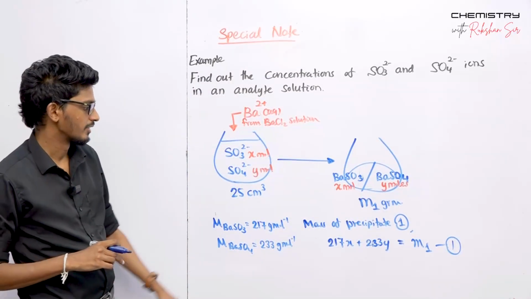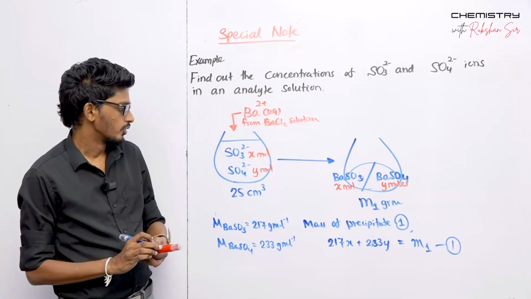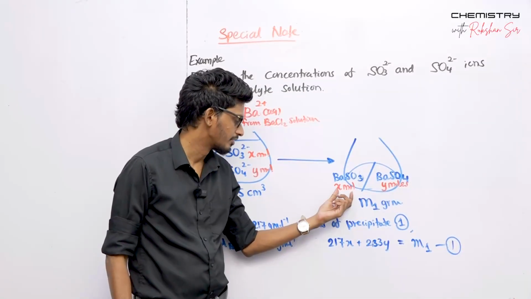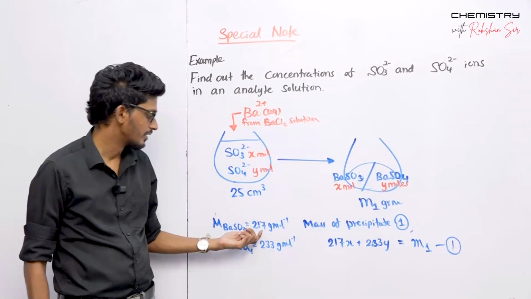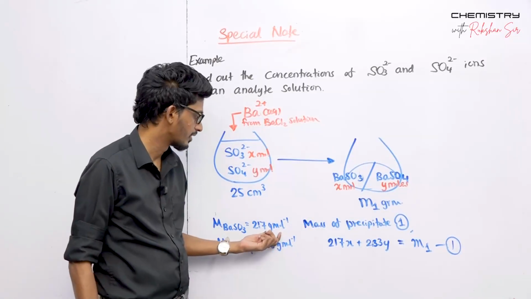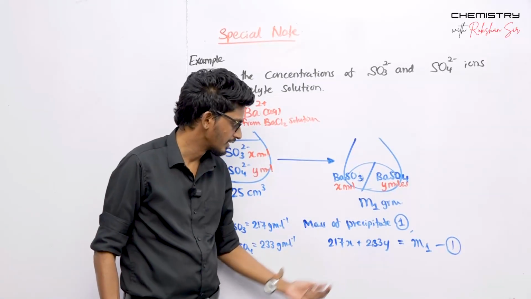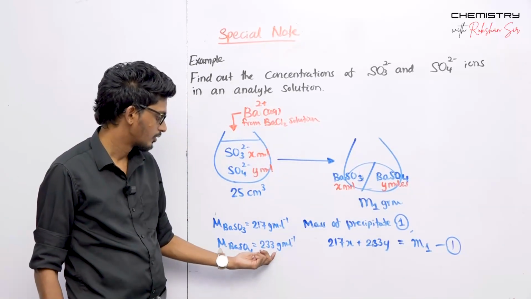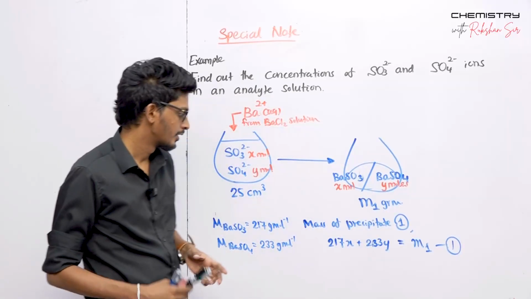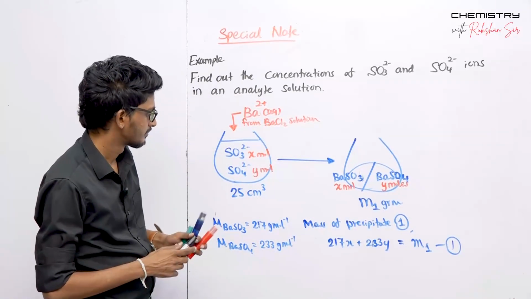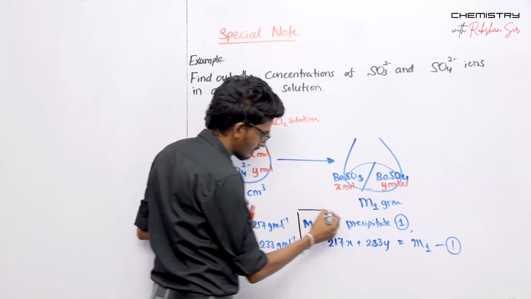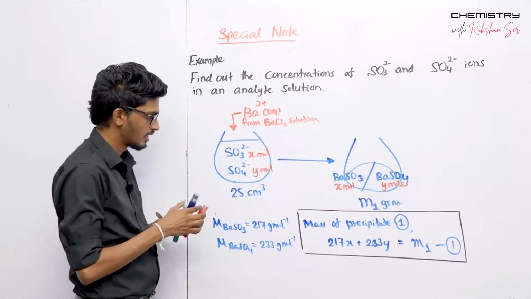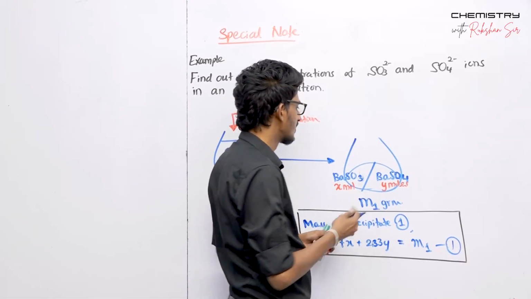right? Now the mass of precipitate includes the mass of this thing plus this one. If you are with x moles of the barium sulfite, its molar weight is 217, so that 217 g mol^-1 into x moles will give you 217x. That's the mass of barium sulfite. And the mass of barium sulfate is going to be like that, 233 into y, right? That is the equation number 1, right? Equation number 1. So if you need to completely solve for this question, solve for 2 unknowns, you need 2 equations, right? So we can use